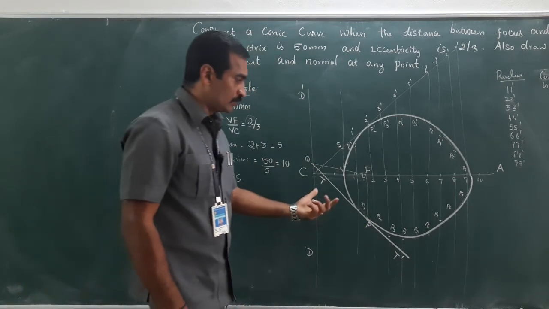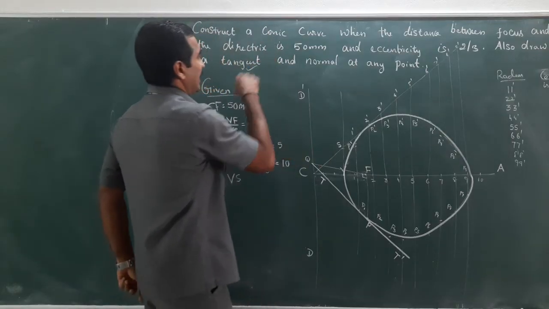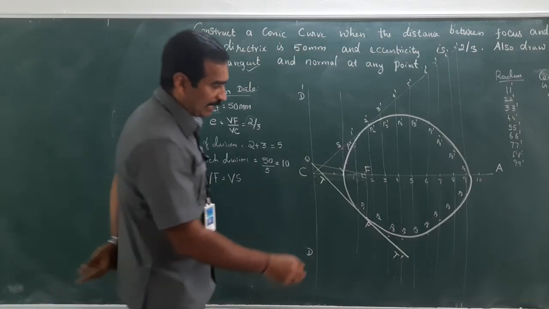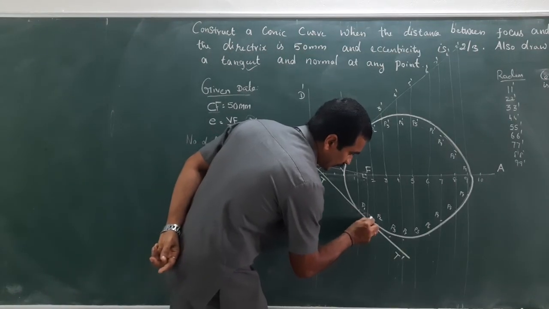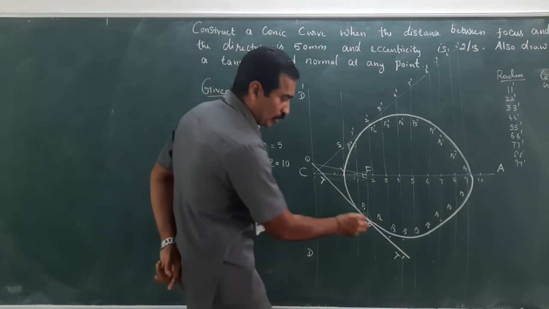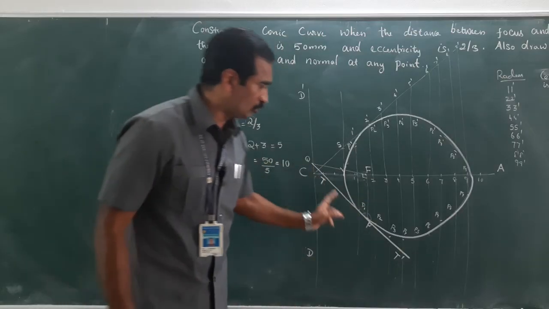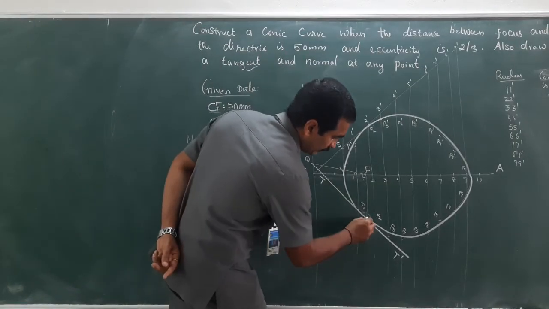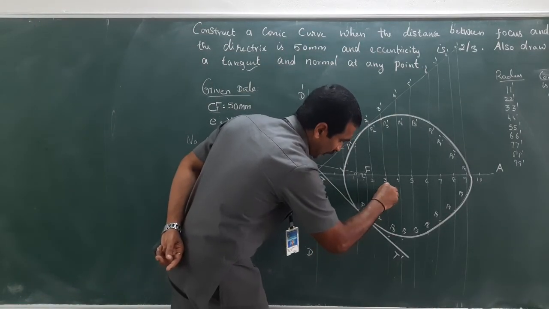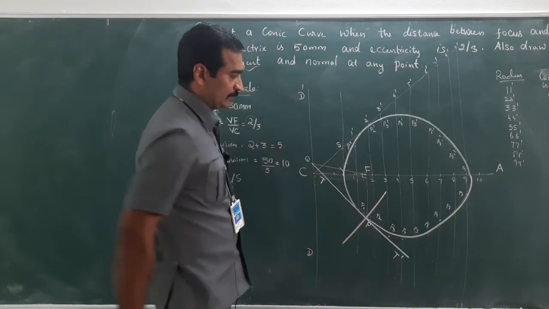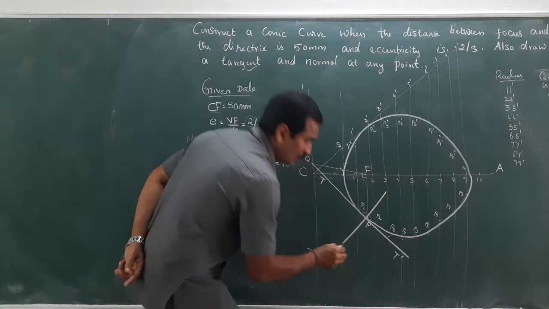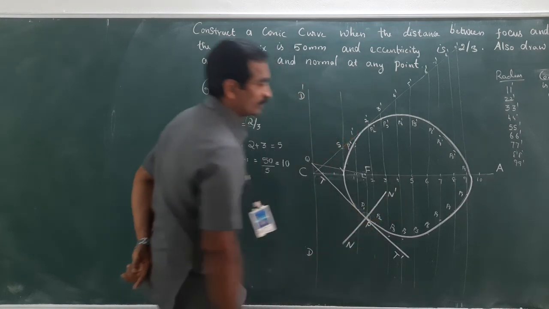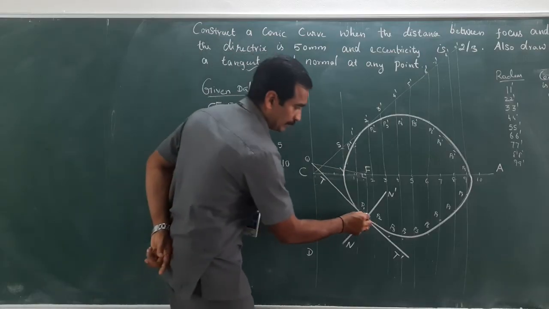Fine. Now I have completed the tangent. Now the portion of the normal is pending. At point P, keep the protractor in this manner. I am going to draw a perpendicular line to T dash at point P. Take 90 degree and draw a thick line. So now this is the normal at point P, N dash. This should be 90 degree.